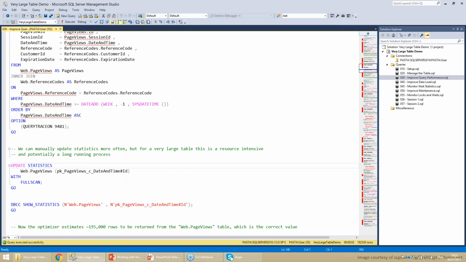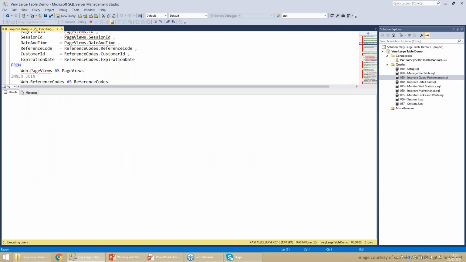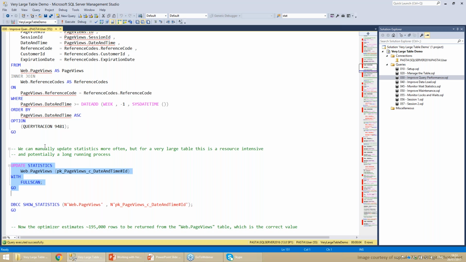Okay. Now, of course, if still we have a problem with the frequency of the updates, what we can do, and in many cases this is what we should do, we should create our own job that maybe runs once a day or once a few days and update statistics manually. Okay, we can control it to do it with a full scan, for example. If we run it for the full scan, it means we scan the entire table, we get a more accurate histogram, but this might take a while, it might consume resources. If it's really a very large table, this might be not practical.